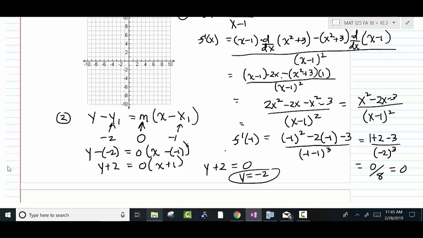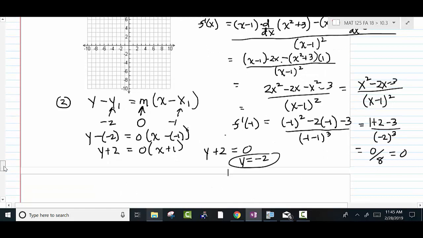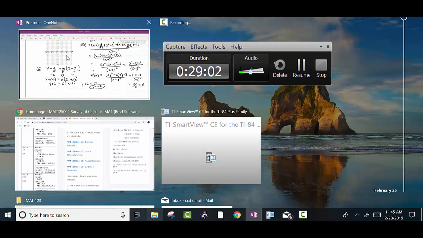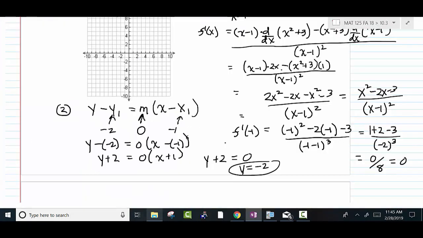So I'm going to put up here a couple of things. This will come up here, and then we're going to finish up by doing the graphing of this. These are kind of the key things. It's a little messy up here, but the key things are you want to make sure this is the derivative. I wrote the derivative on the board. Okay, then I plugged in -1 because that's the point I gave you. Okay, when you plug that into the derivative, -1 squared minus 2 times -1 minus 3, you end up getting